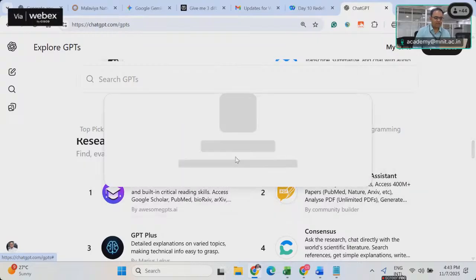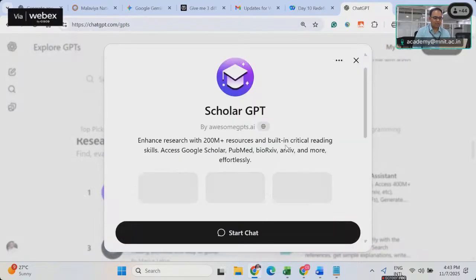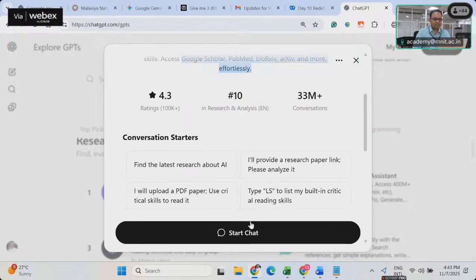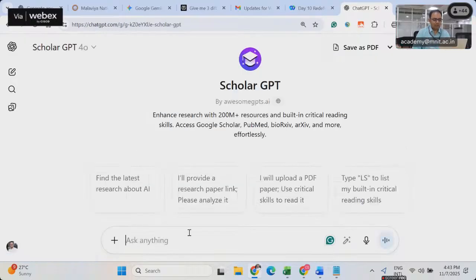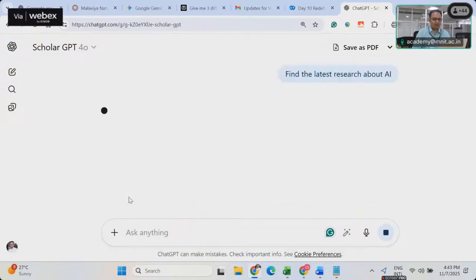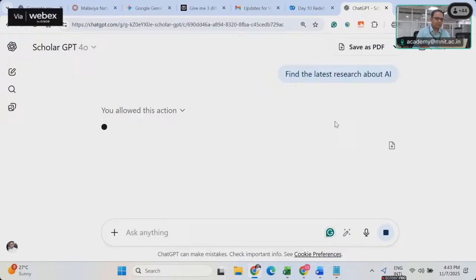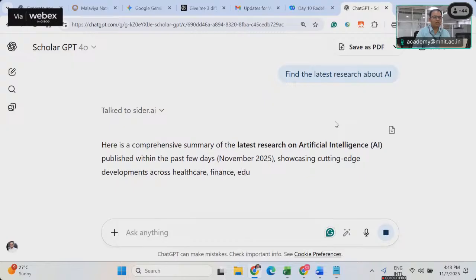And the most famous one is, as you can see, Scholar GPT, and it has access to 200 million plus resources. And these resources are from these famous repositories which are available. So again, you can go ahead with some existing buttons if they are aligned with your interest. Otherwise, you should ideally just write down your own research problem or the summary